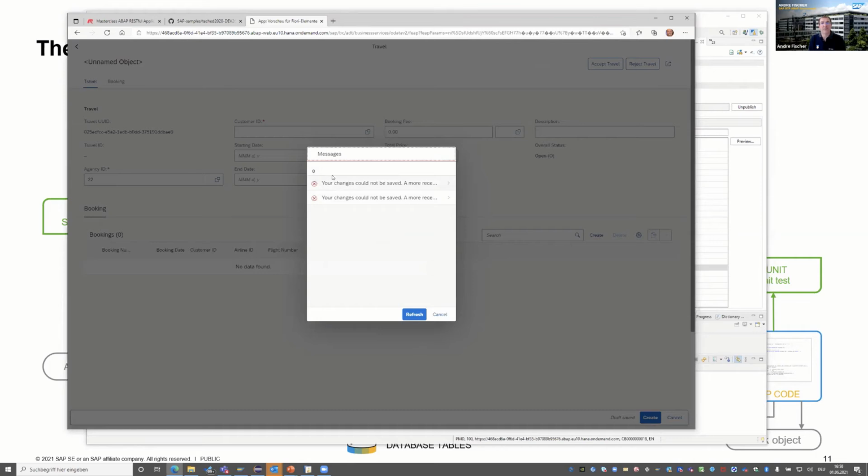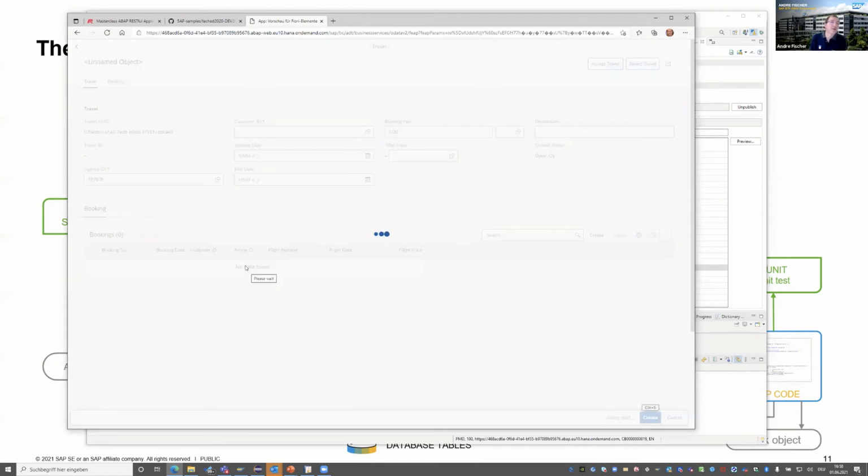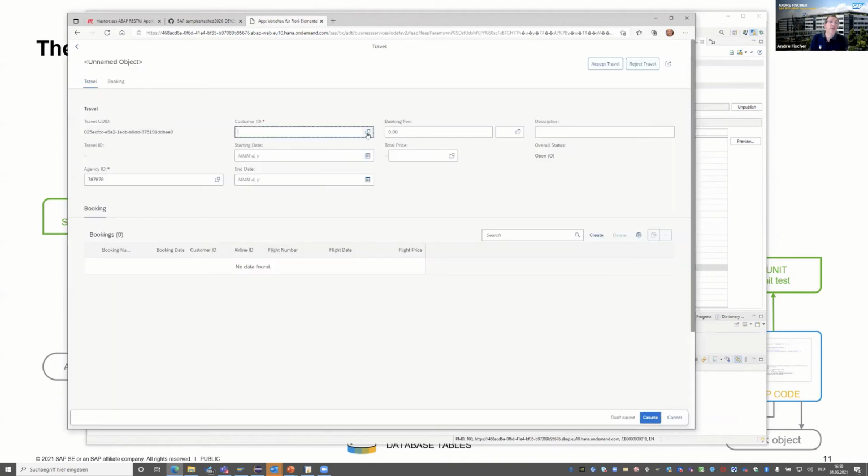And here you see an error message. Why? Because I have to select more data here.